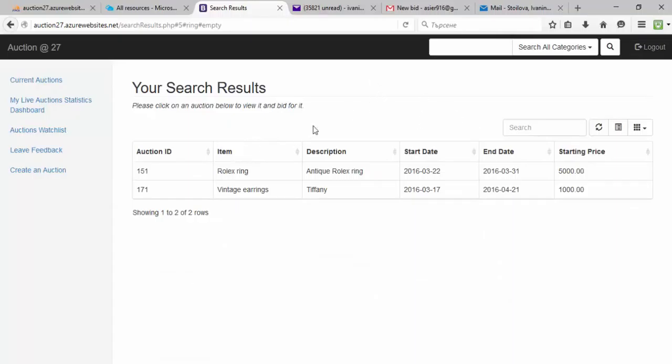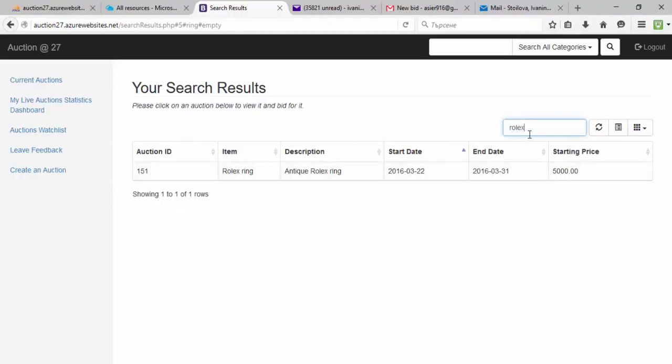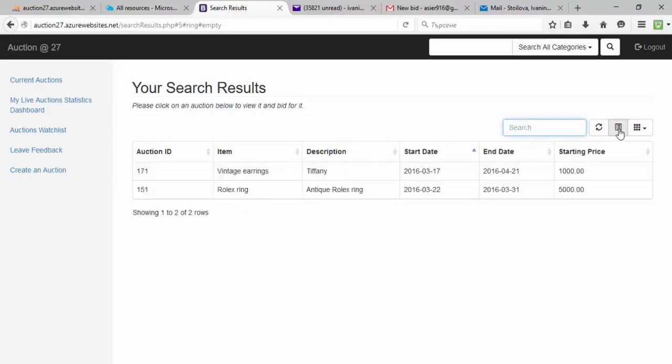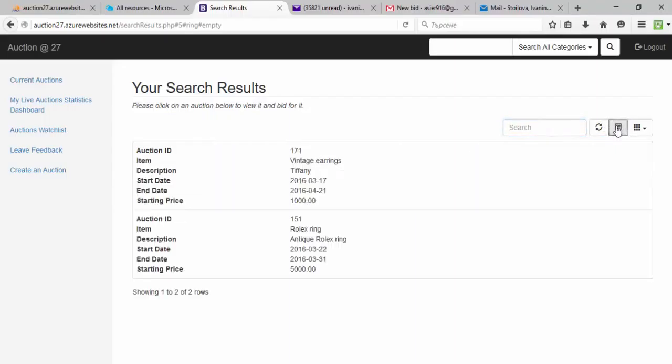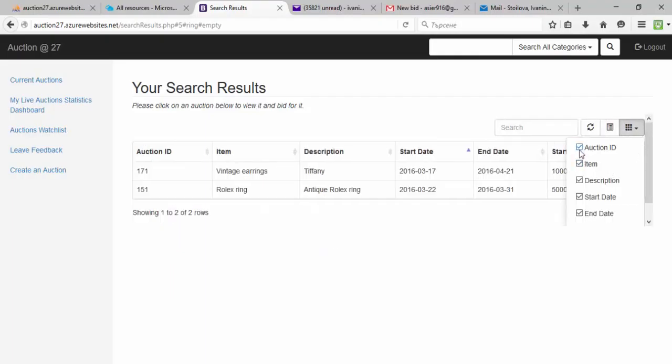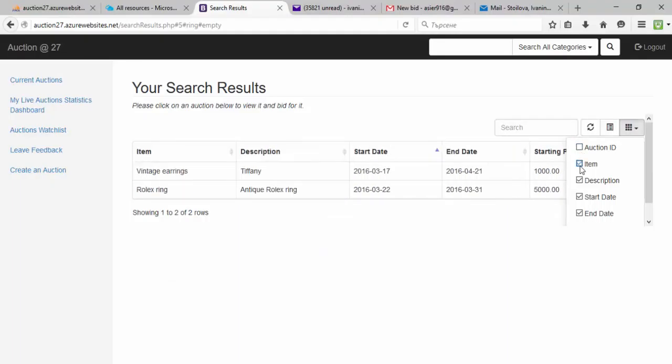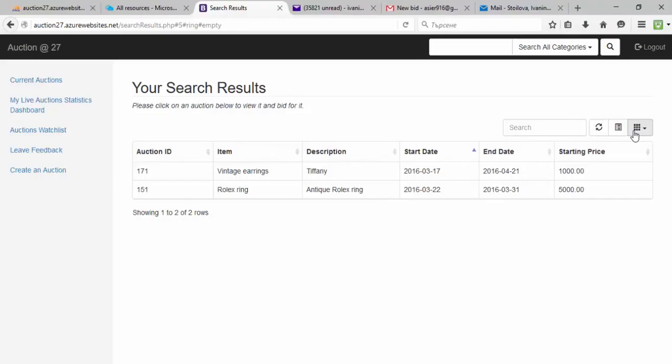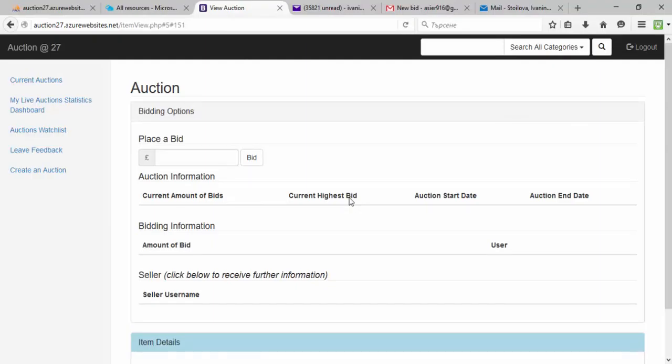Once displayed with the search results, I can manipulate the data in numerous ways. I can narrow it down based on the description, based on any of the columns. In fact, I can search further within the results that I'm displayed with. As you can see, one result has been dropped. I can also refresh the data in case there has been a new auction added in. I can view the data in a card format, and finally I can also narrow down the amount of columns that I would like to see. However, I'm now going to click on one of those auctions, and I will be displayed with additional information about